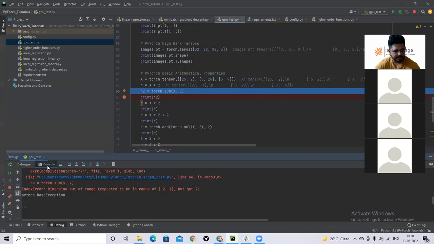What happened? Expected dimension in the range of -1 or 2.